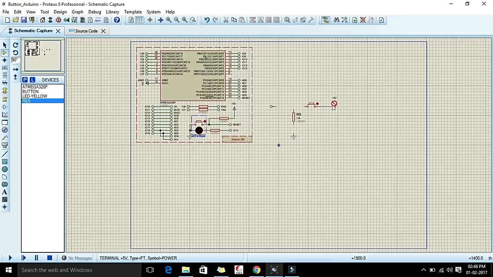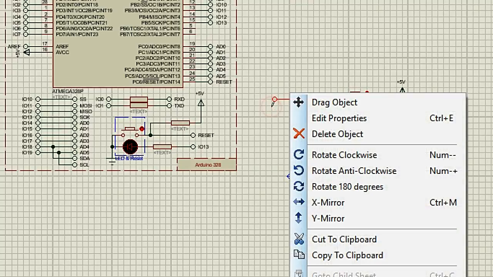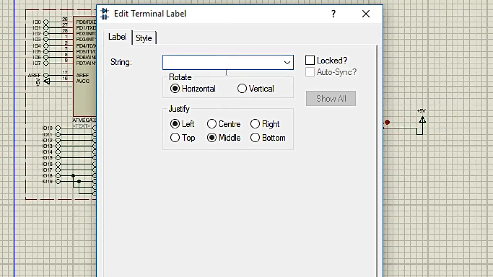So now we are connecting this one with our button. We are connecting our resistor to our button. Now we are connecting all these systems. I have just zoomed my screen. Here on this default pin we change the properties and we will write